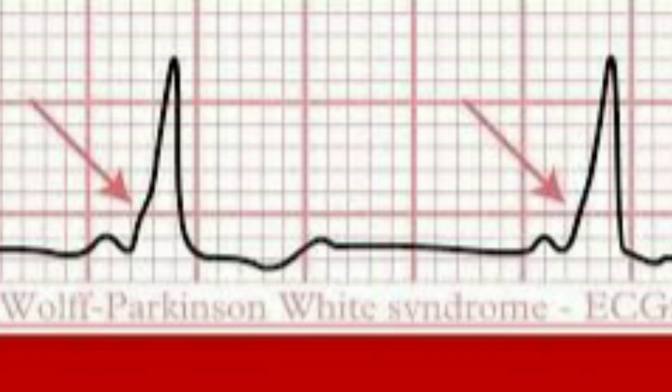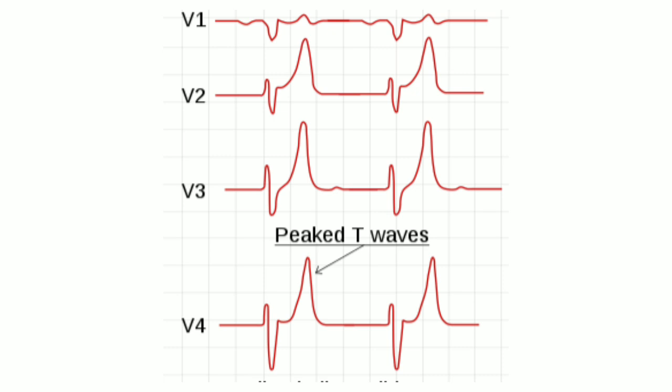There are some miscellaneous findings, like if a person is suffering from Wolff-Parkinson-White syndrome, they will have a very short PR interval, less than 0.12 second, and if there is an initial notch in the QRS complex which we call the delta wave, then this is Wolff-Parkinson-White syndrome. In patients with hyperkalemia, you will find a very tall, tented T wave, which denotes hyperkalemia, but first you need to rule out cardiac ischemia.